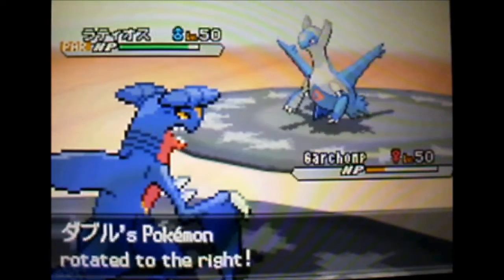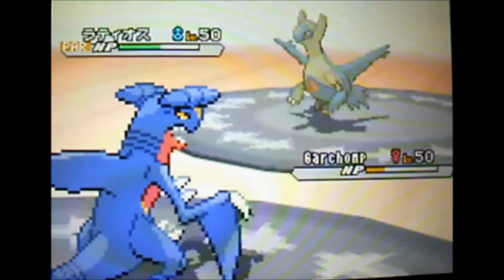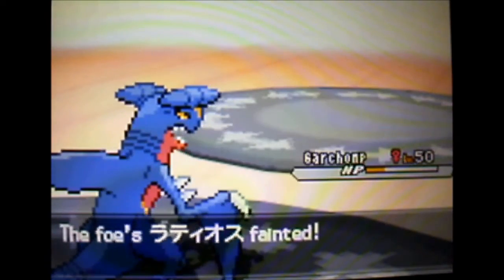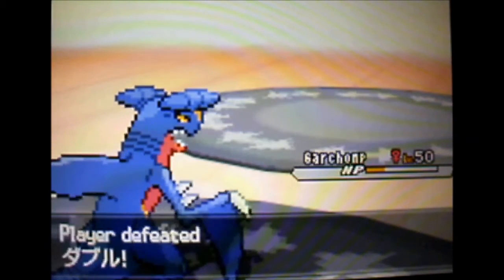And you see his Paralyzed Latios is going to come in to be his last Pokemon. Of course, he's going to be slower than me now. He's going to eat the Outrage. And that's going to be all she wrote for Latios. So you guys can kind of see how Rotation Battle works. It's all about how you set up your SimCity at the beginning. And what I mean by that is...